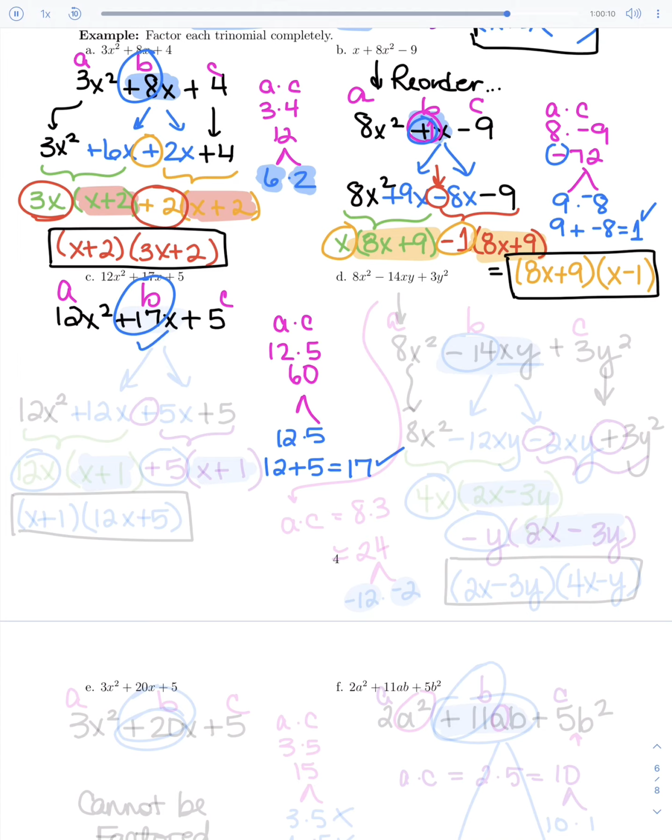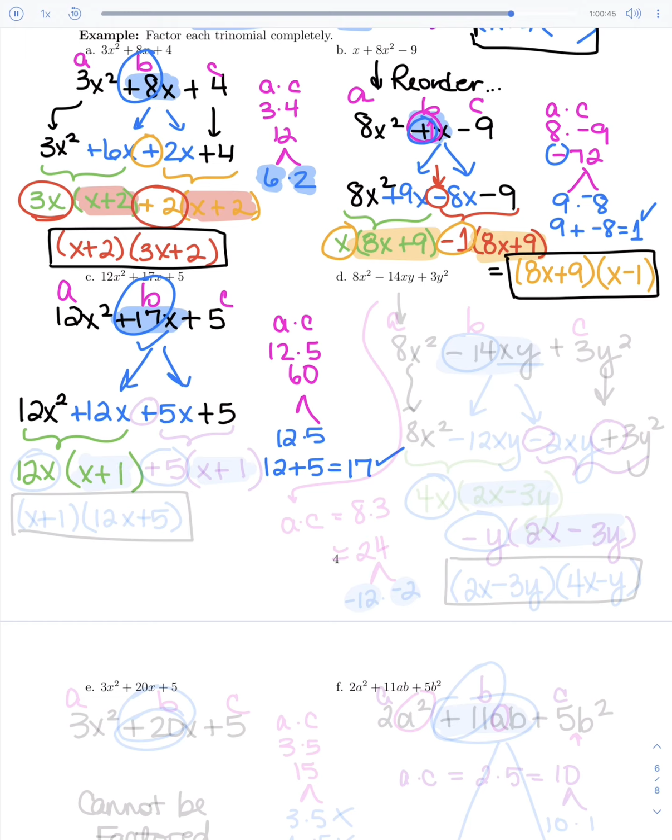So that gives us a way to break down our positive 17x. It can break down into a positive 12x and a positive 5x. The 12x squared at the beginning will stay the same, and the positive 5 at the end will stay the same. And then I can factor by grouping. What do the first two have in common? They're both divisible by 12, and they both have an x. So if I pull out a 12 and an x, I should have an x plus 1